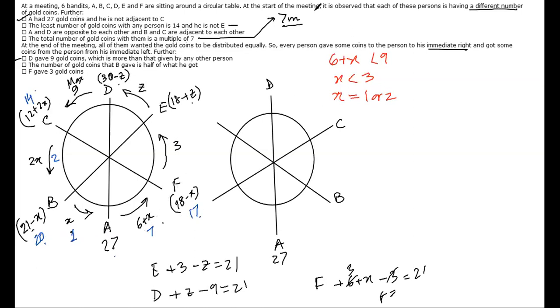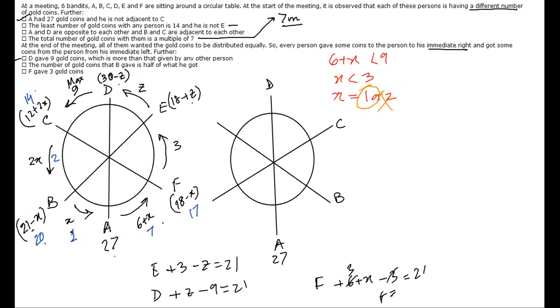Let us take 2 and check also, just in case 2 gives some answer. So let me do it with orange. If I take X as 2, then this becomes 2 twos are 4 plus 12, that is 16. Then this guy becomes 19. 18 minus 2 becomes 16. Two 16s are not possible, right? The same number cannot happen. I had said at the start that everyone has a different number. That means X cannot be 2. So clearly X is 1. So you have solved the set.